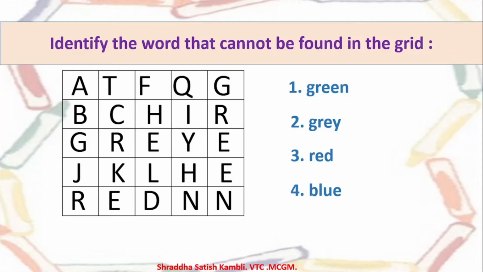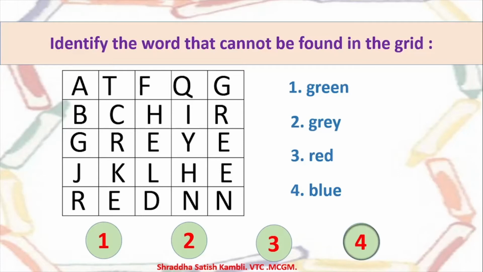Okay, now see, in the previous one we looked at names of animals. Here we are looking at names of colors. Now let us try and see which one of these colors you will not find in this particular grid. So is it 1 green, 2 gray, 3 red, or 4 blue? It is the 4th one, blue, which you will not find here. How? Let's see. See, because green is here, GREN, green. Then you have gray here, horizontal, GREY, gray. Then you have red here again, horizontal, and you do not have blue here in this particular grid.